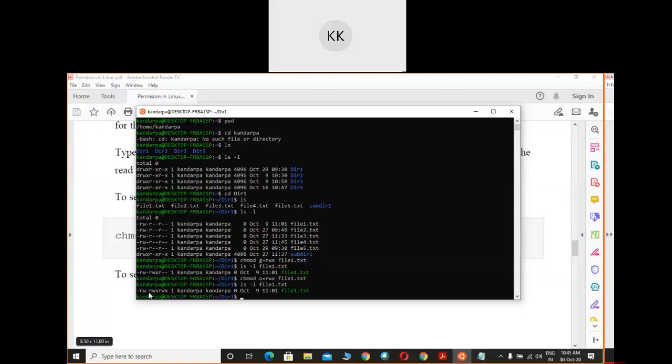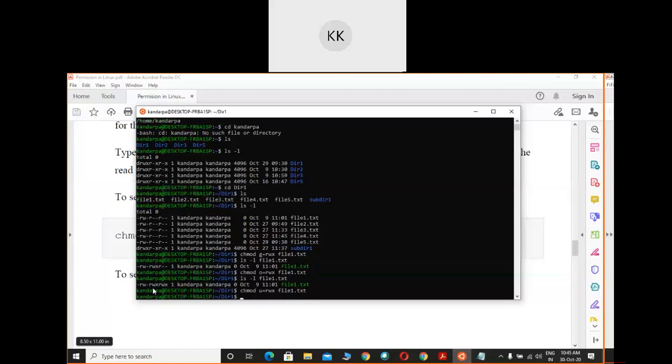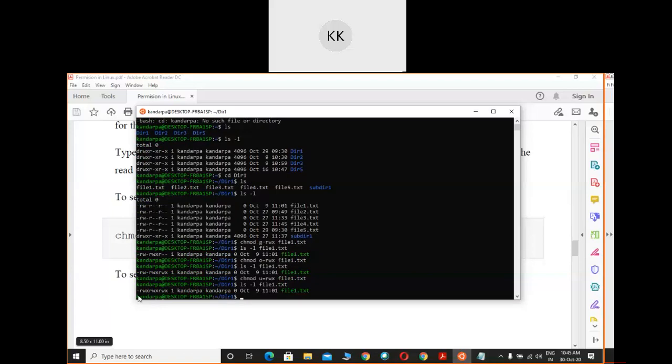If you want to assign the execute permission to the user, you also do something like this with U, enter. And if you put ls -l, see, now all of it is set. This is the super permission, that means this is a 100% public file. Anyone can do anything to this file.